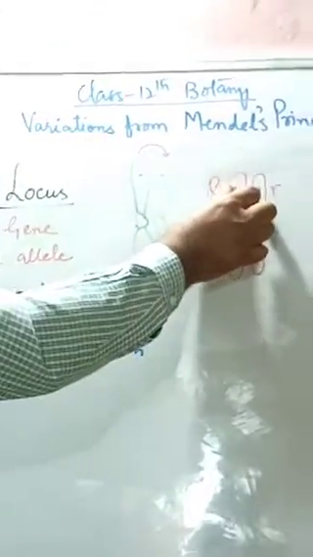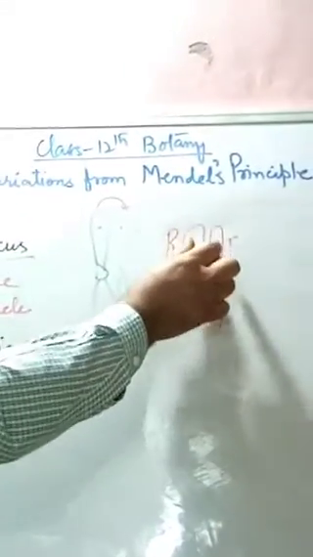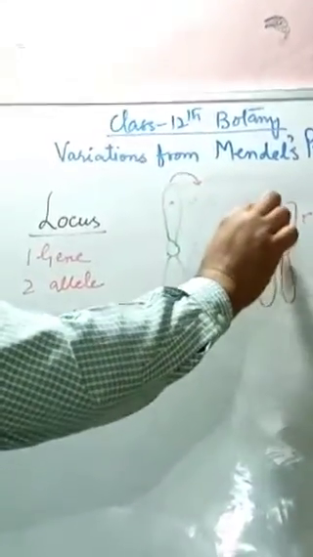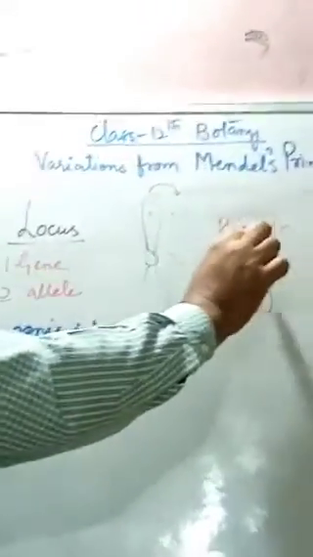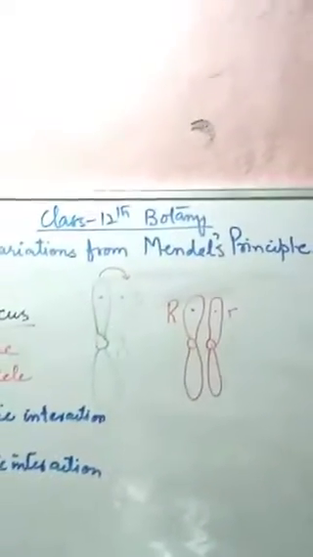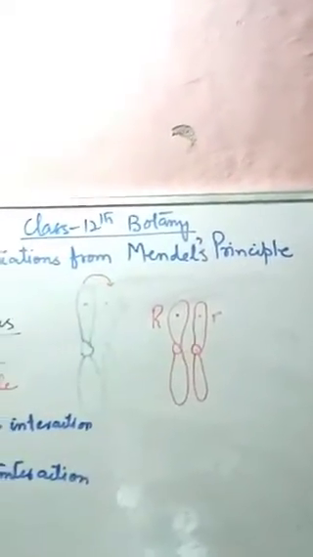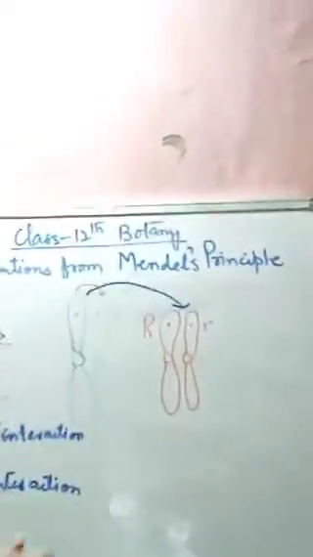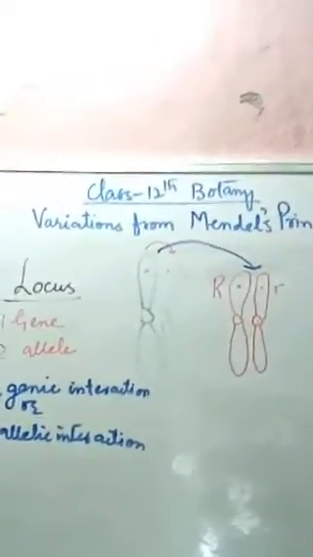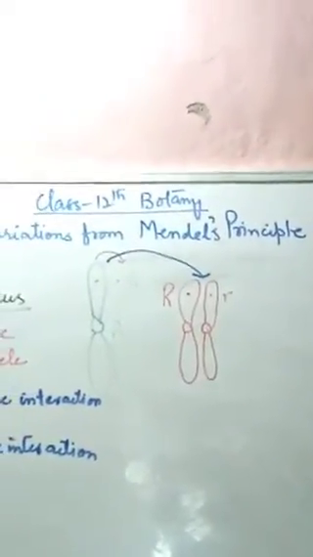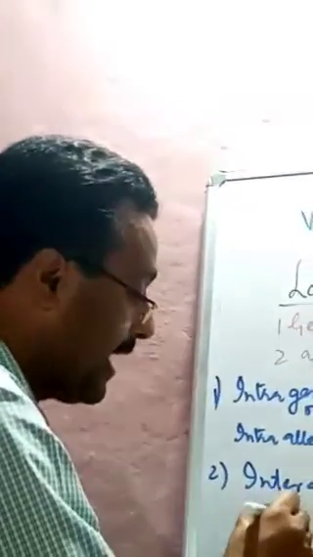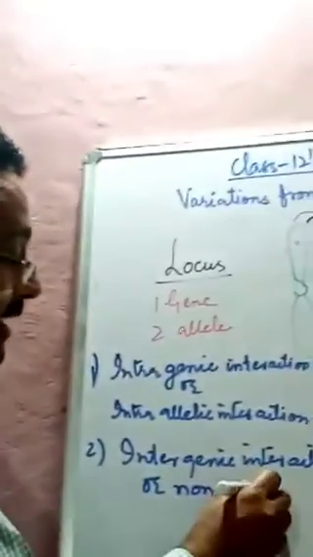So these are the loci of the genes on different chromosomes. If the interaction takes place between this homologous chromosome and this homologous chromosome, it is called intergenic interaction, or non-allelic interaction,